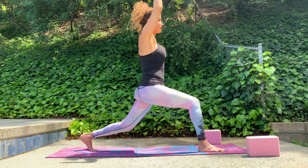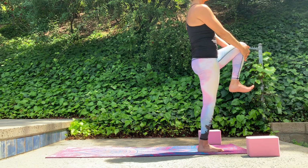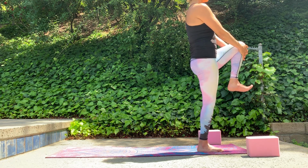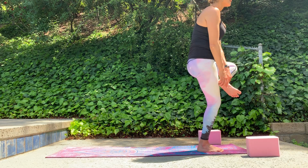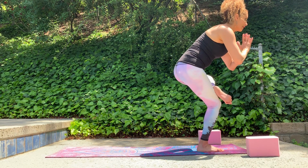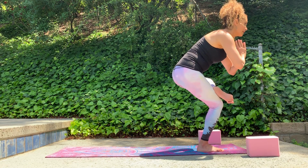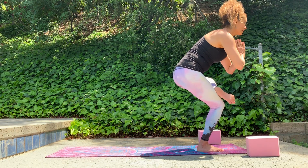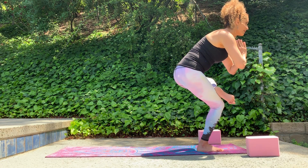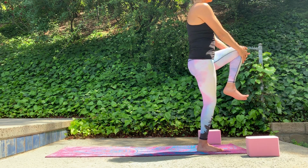So from here, look forward, and then take the left knee up and hug it in. Flex the left foot. We did it on the floor earlier. Stand nice and tall. And then take the left foot across the right thigh. Find your balance. Hands at the heart, sit down. Keep flexing the left foot, dropping the left knee down. Sit low. Sit low. Are you breathing? And then slowly come back up, hug the knee in, stand up tall, crescent warrior,